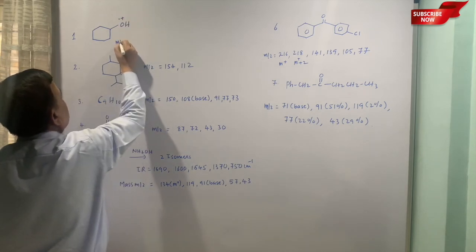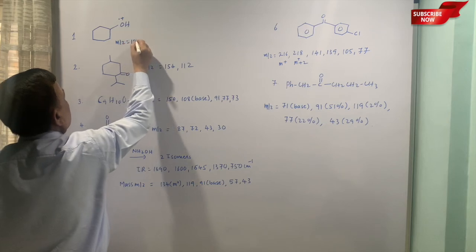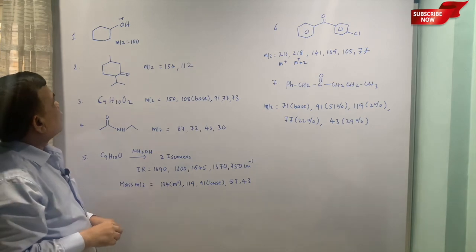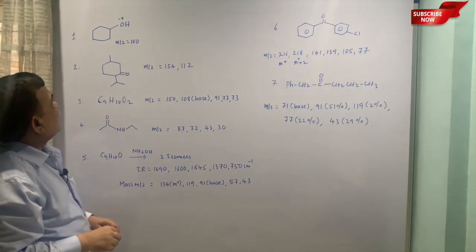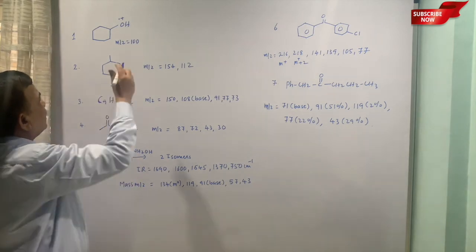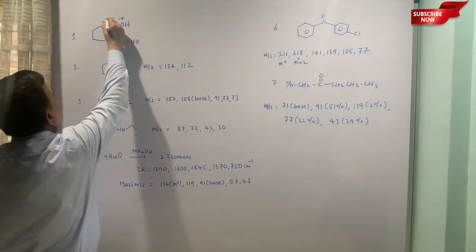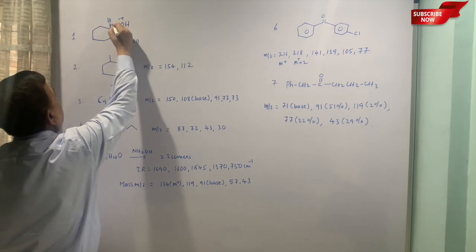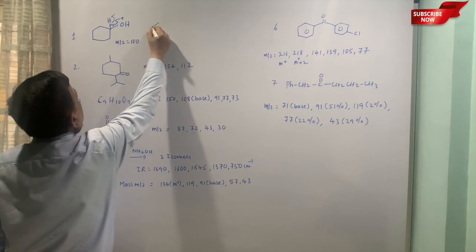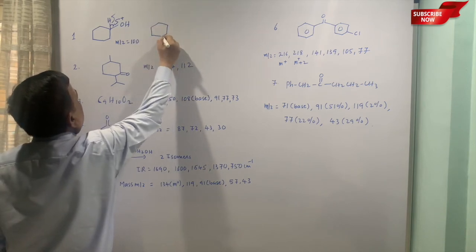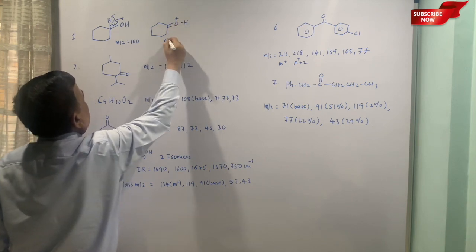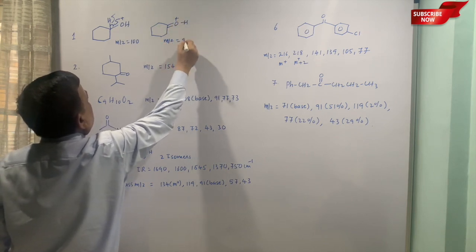This is M by Z is equal to 100. Okay, 72 plus 16, that is 88, 89, 90 and 10, 100. So this is exactly 100. Then 99 you can show when you get the formation of double bond here. This is M by Z is equal to 99,